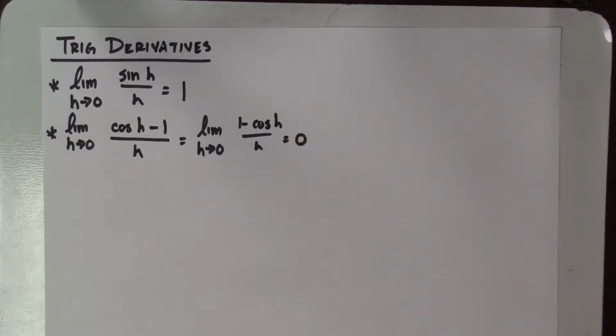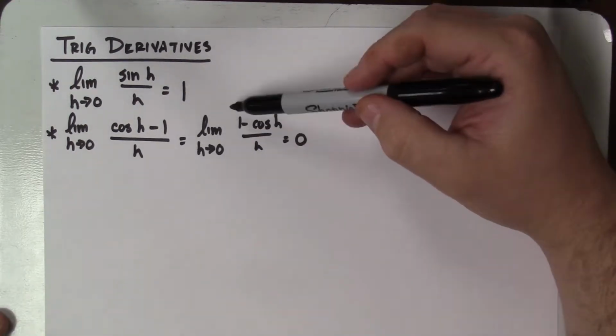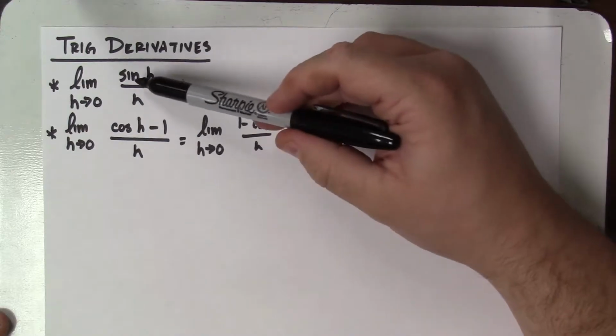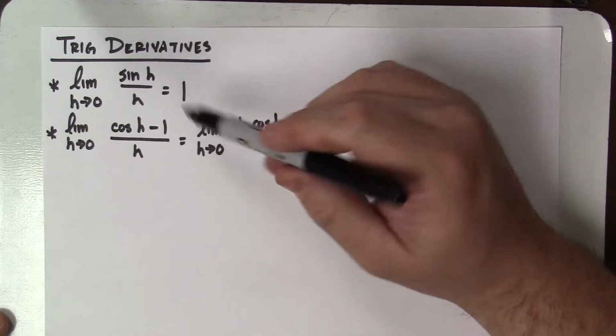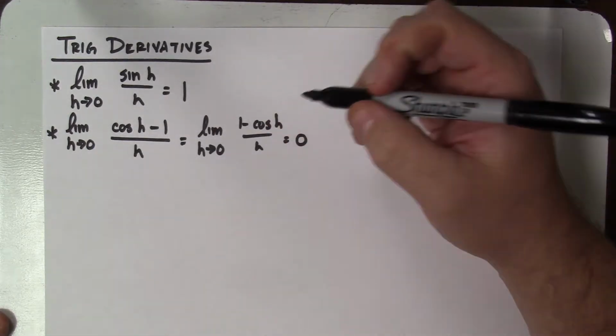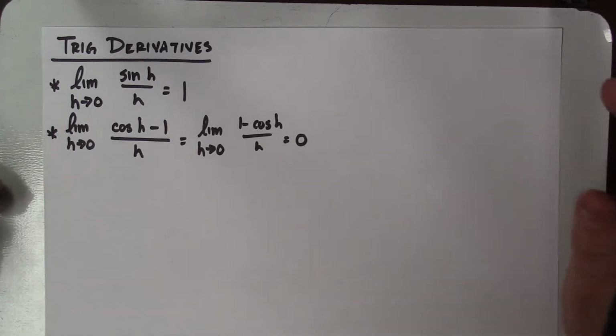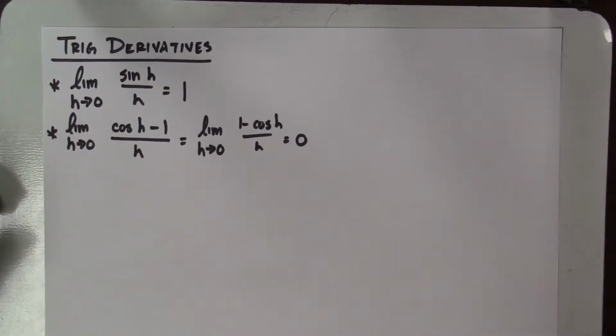This is our first video on trigonometric functions and their derivatives, and I'm going to start with these two critical limit definitions. First, the limit as h goes to 0 of sine h over h is 1, and the limit as h goes to 0 of cosine h minus 1 over h is 0. These two limits are critical for me to do the limit definition for sine and cosine. I am going to do the limit definition for both sine and cosine in this video, and then our